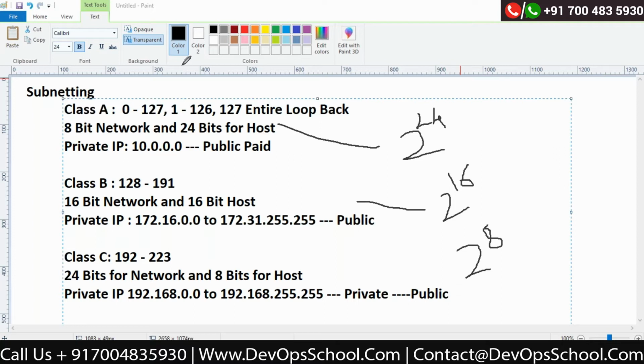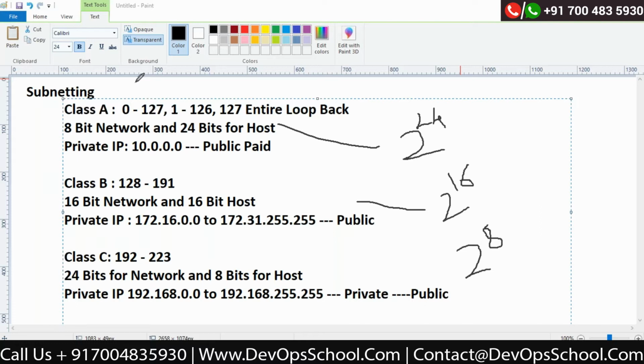Similarly for class E as well. You cannot assign it. It is for research and development of the IP address. So these numbers are fixed. So our primary goal in network infrastructure would be to try to save as many IP addresses as you can. Now people say, sir, anyhow the private IP address is free. Why do we want to save it? No. If it is free, I'm trying to say save it means try to utilize it properly. That will avoid a few things which come next to your network problems.